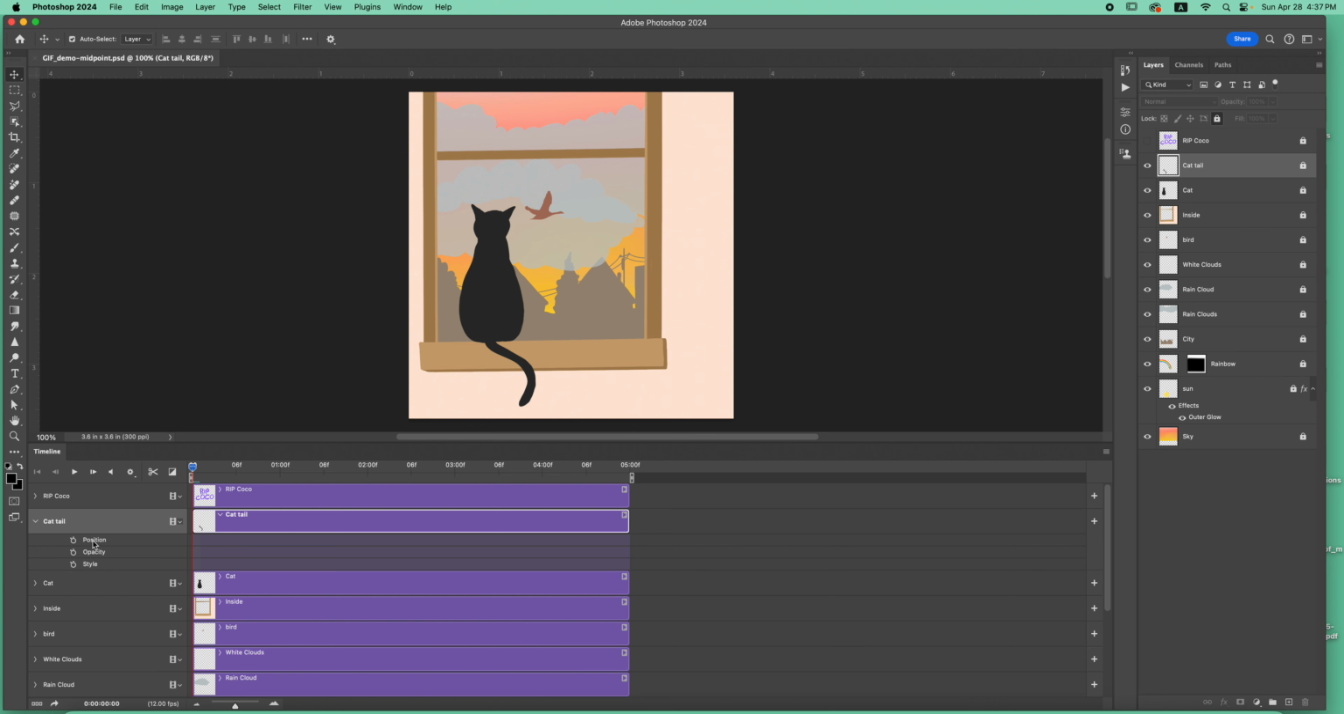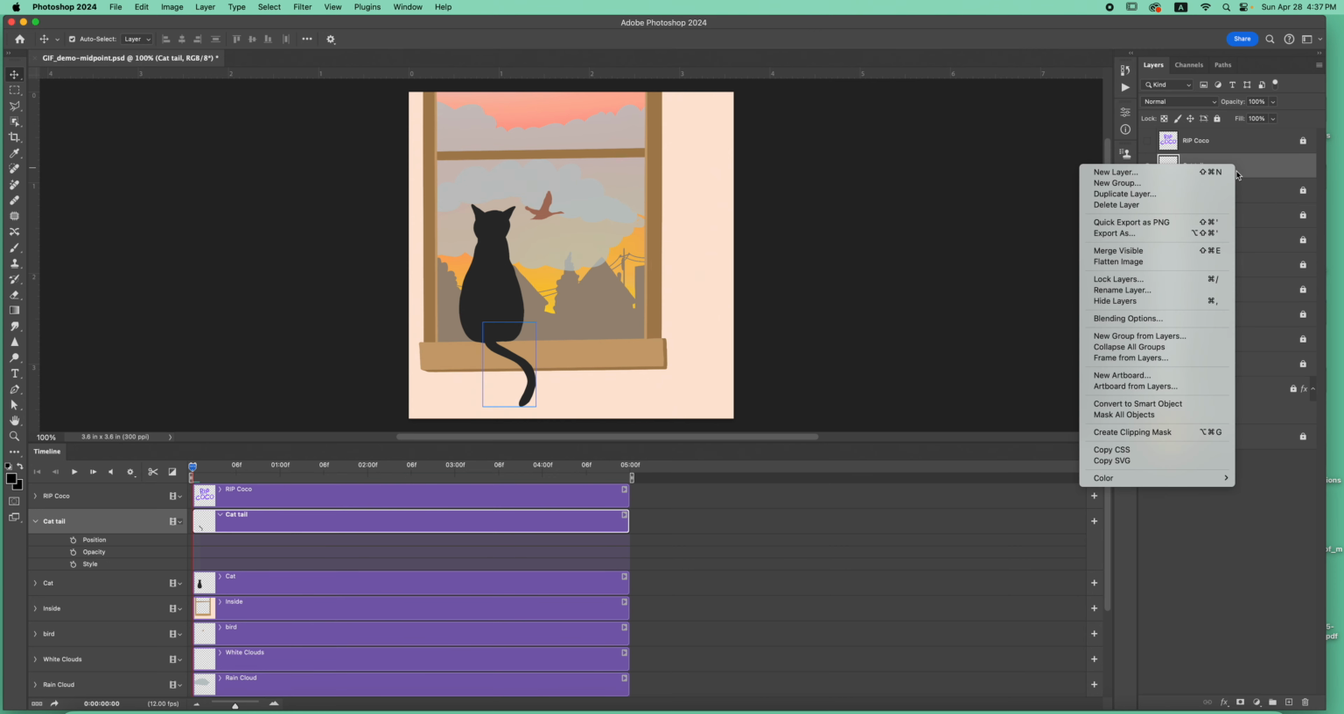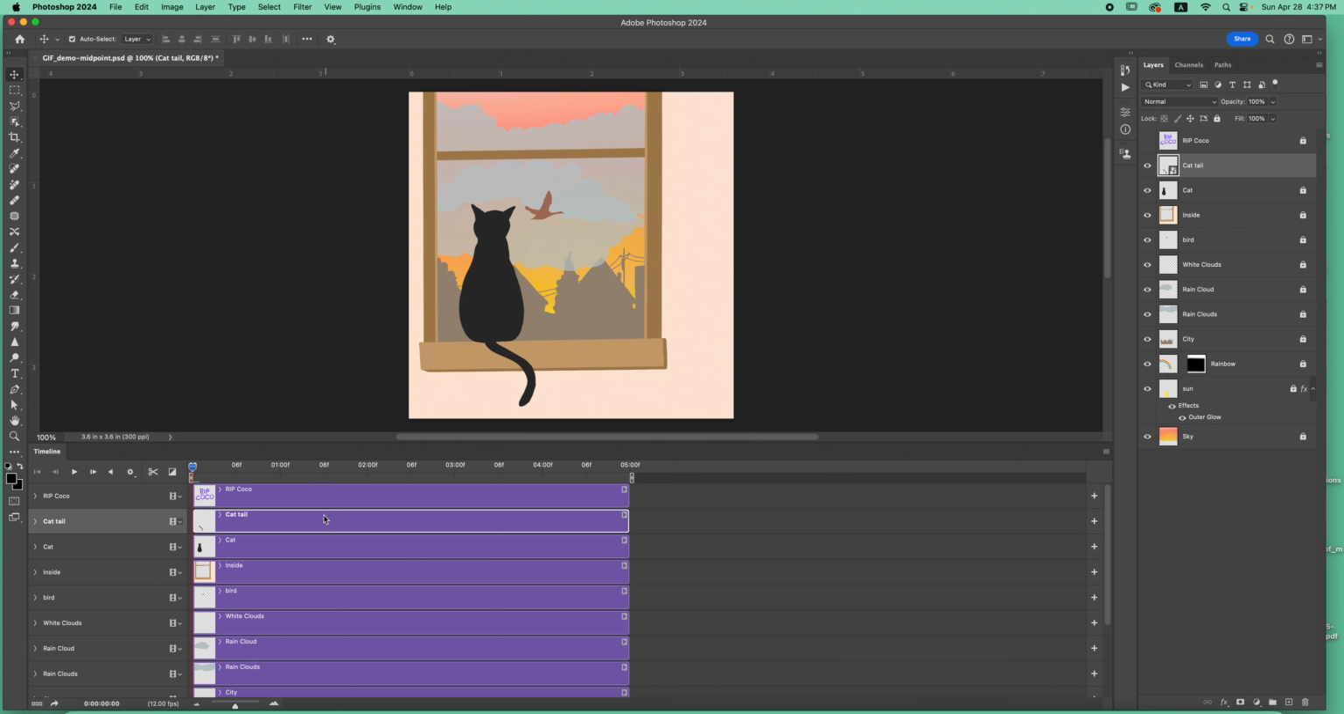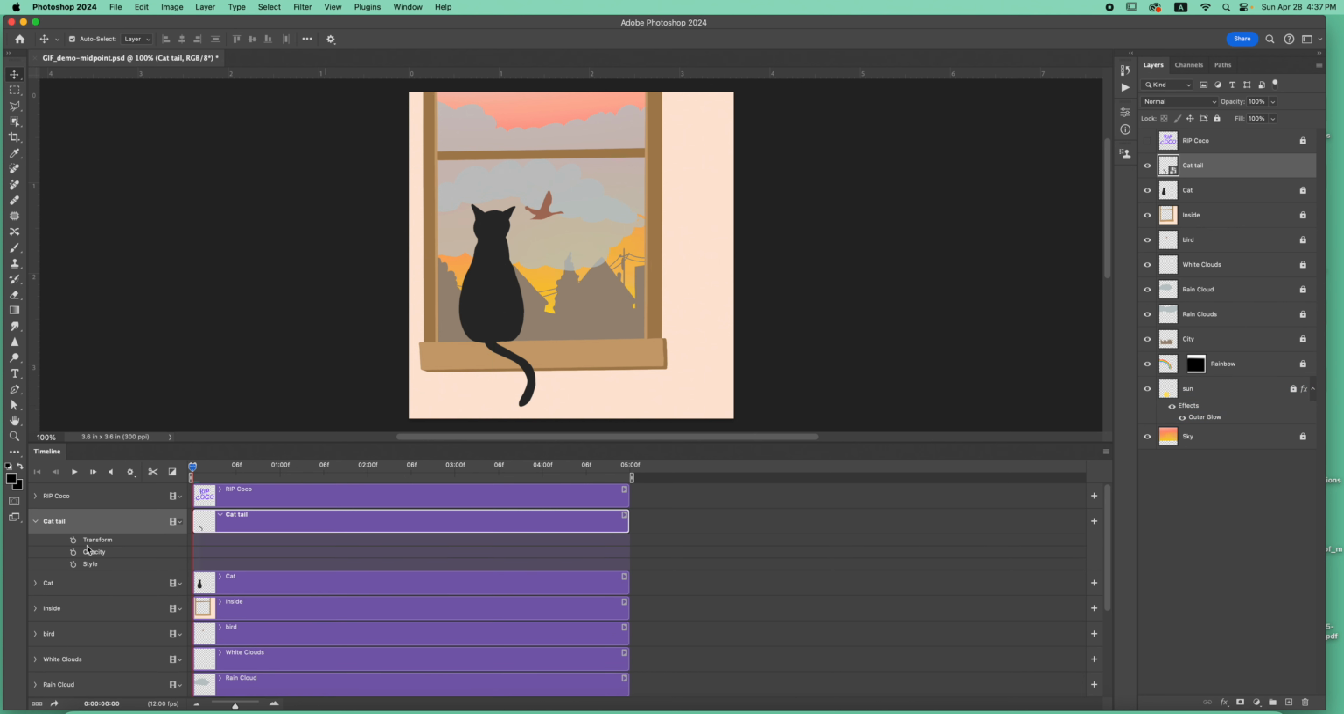But let's say I wanted to rotate something and scale it up, like make it bigger and smaller, and I didn't want to do that frame by frame. I can make this layer a smart object, and so I'll do that here. I'm going to unlock the cattail layer, right click, and convert that layer to a smart object. When I do that, I'll toggle my timeline choices here,